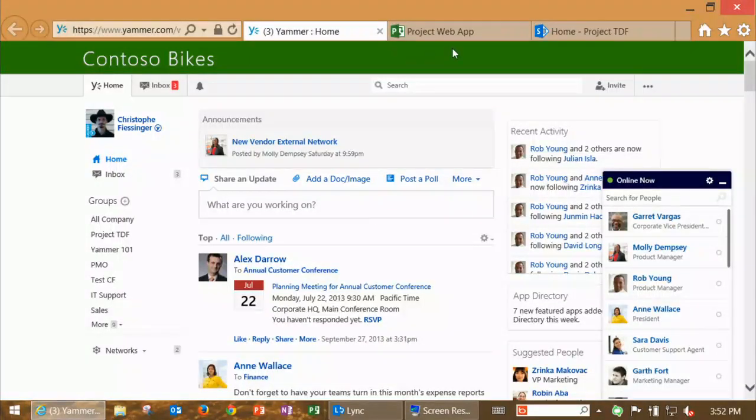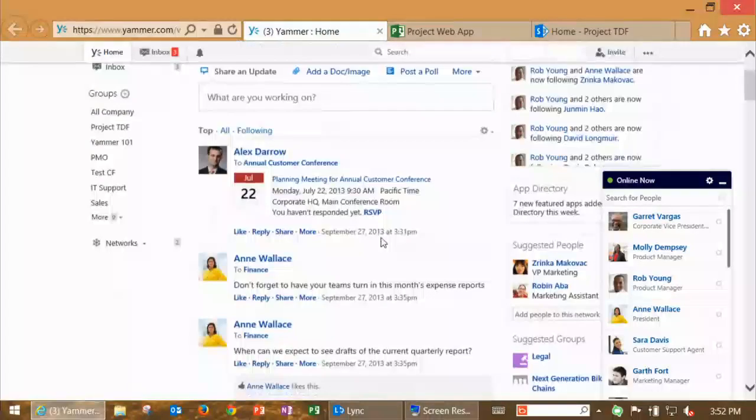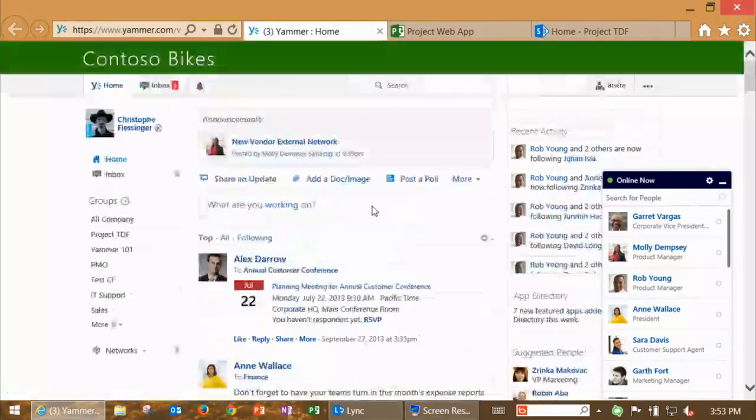You can absolutely control that amount of information, because you can narrow it down to only give me updates from people I'm following, projects I belong to, groups I belong to, or topics that are of interest to me. So you can filter the noise so that it's really relevant to you and not just the fire hose of everything happening at your company. So that's the main news feed.